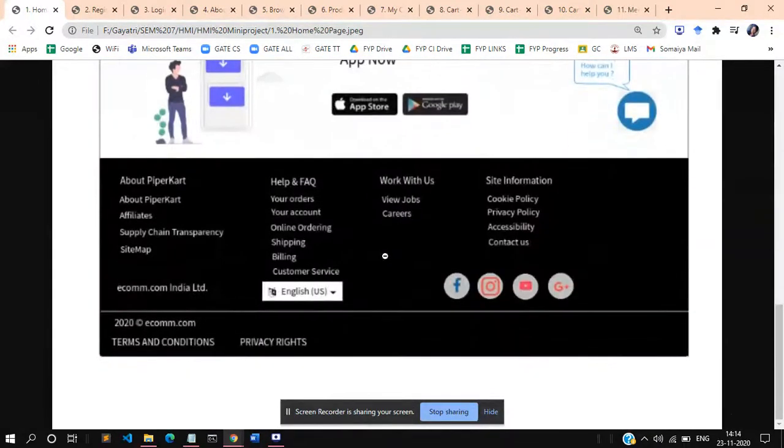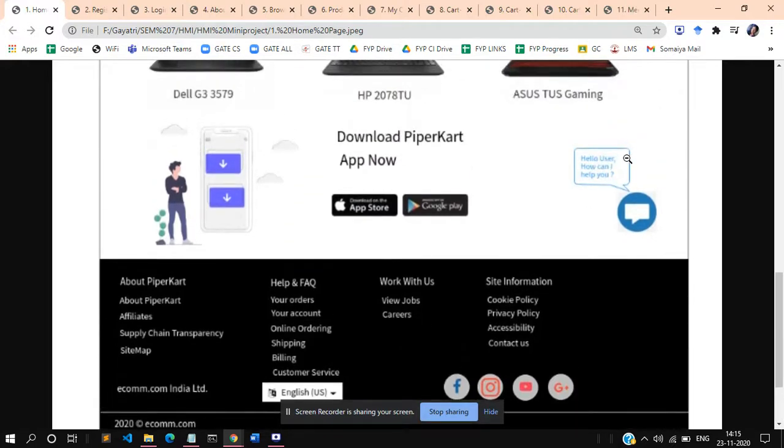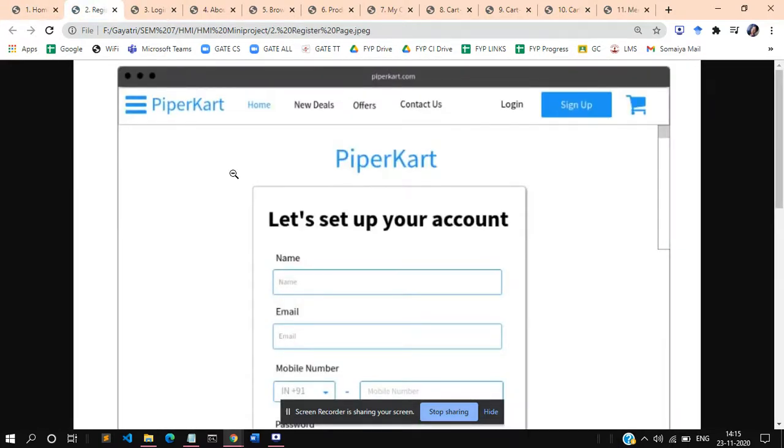And then we have a footer which contains a sitemap and other intuitive options that have been included for smooth browsing purposes. For easy query resolution, we also have the help of a chatbot. The UI provides an interactive chatbot at the bottom right of the page. Then after this, we have the register page.